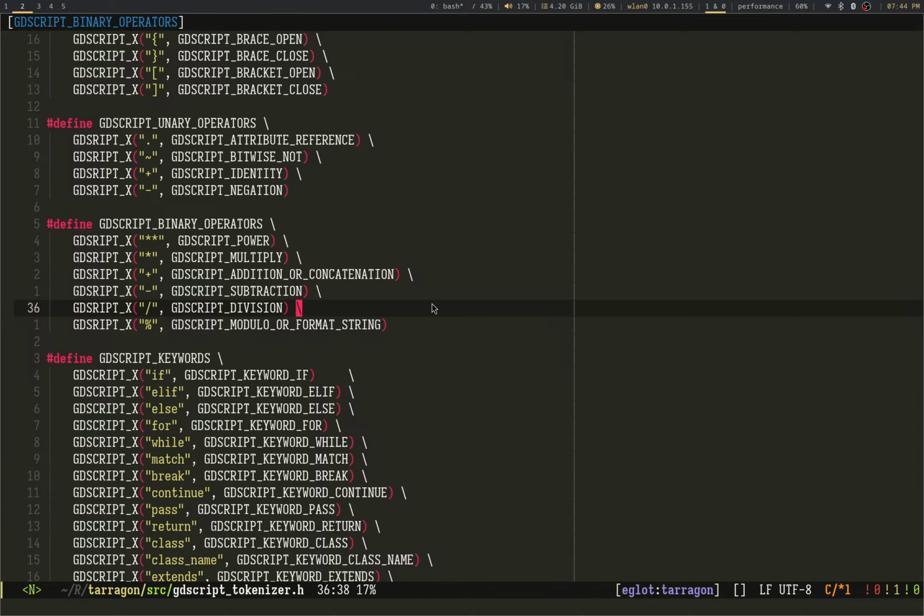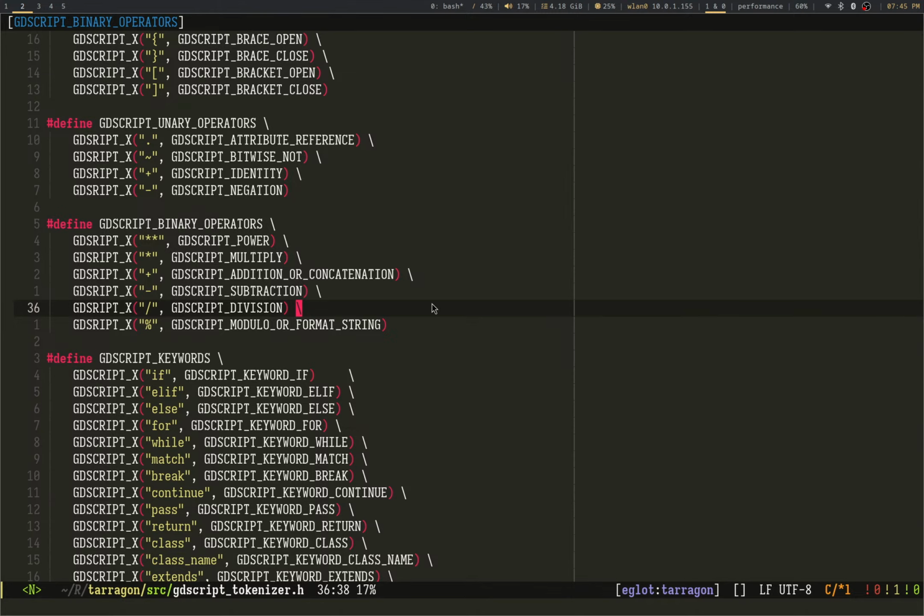Like the damped harmonic oscillator example was in Godot, and GDScript does not like having two projects open. So the idea is, if I have a standalone LSP, it can have two projects open and work on both, ideally.